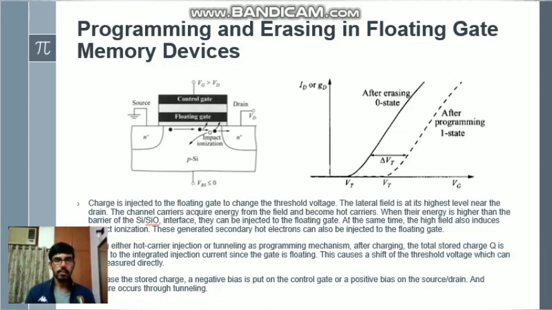Finally, I'd like to describe how the 0 and the 1 state in memory are modeled using this MOSFET device. When a charge Q is stored in the floating gate of a MOSFET, it generates an electric field around it, and this screens the electric field due to the control gate, which in turn causes the threshold voltage for the whole MOSFET to increase. When the floating gate does not contain any charge, this screening doesn't occur and the threshold voltage remains as it is. So based on the threshold voltage, we've generated two states out of the single MOSFET.